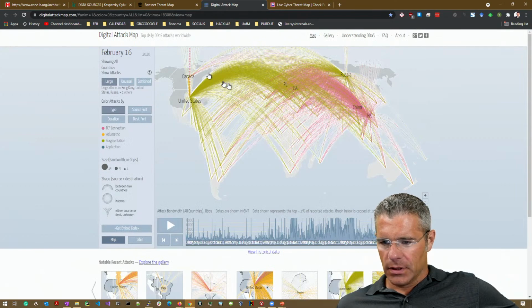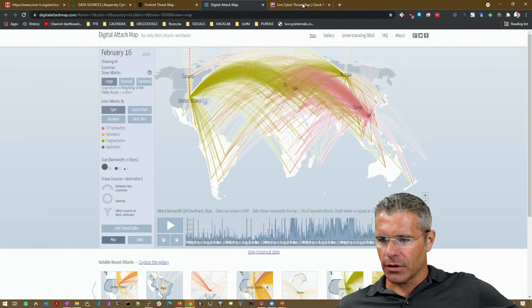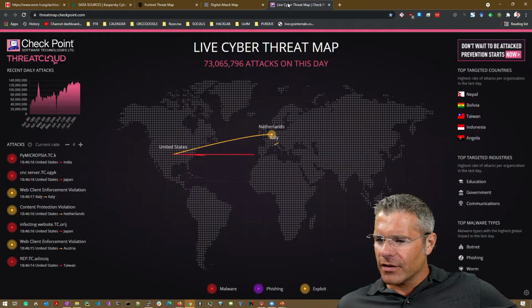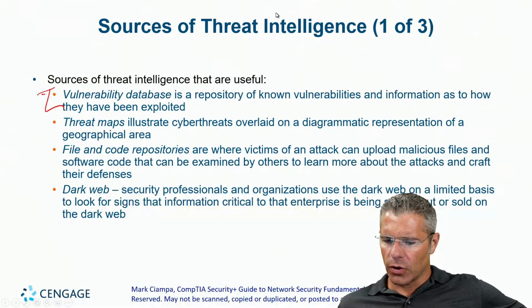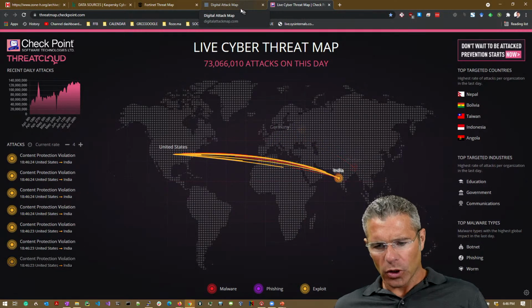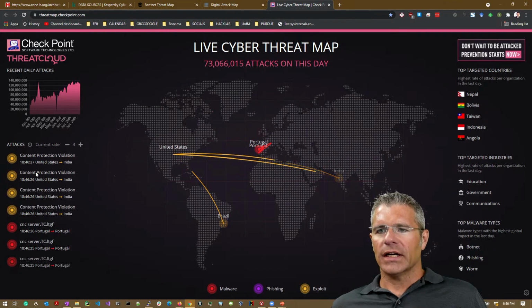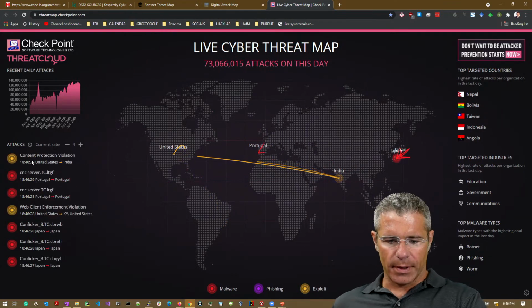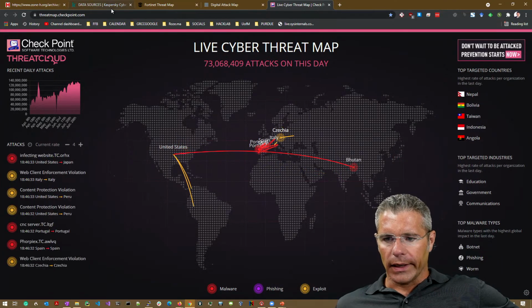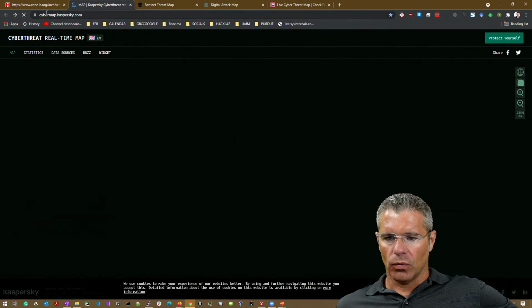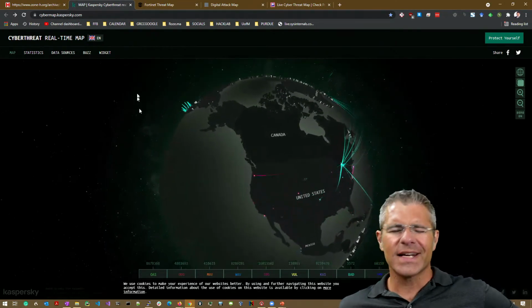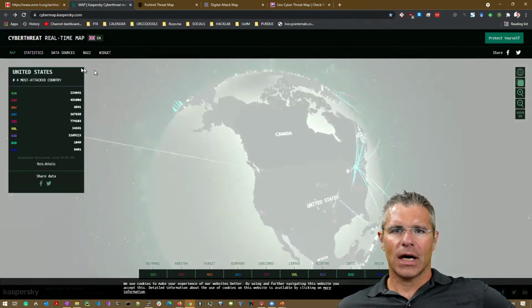The digital attack map here, it's crushing my computer to run all of those. But they sort of kind of give you an idea of what is going on in the world right now, because they give you a list of these are the things that are happening on the network, and this is what's blowing up right now, and this is the attacks that we're seeing in real time based on our product, or at least close to real time on their products.